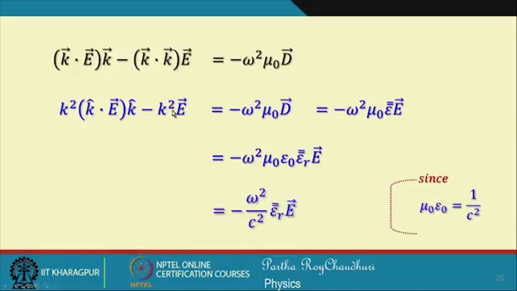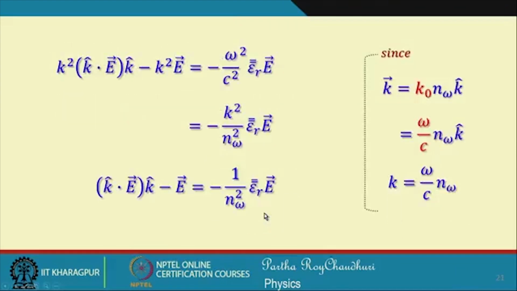So, we can write that minus k square E is equal to minus omega square by c square epsilon r into E, because omega square mu naught epsilon naught is equal to 1 by c square. So, this term put together will give you omega square by c square. So, we can write this equation, anyway this quantity k dot E is 0. So, minus k square E equal to